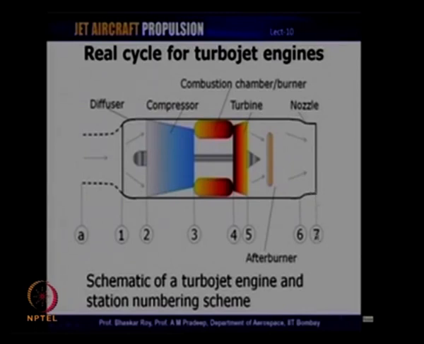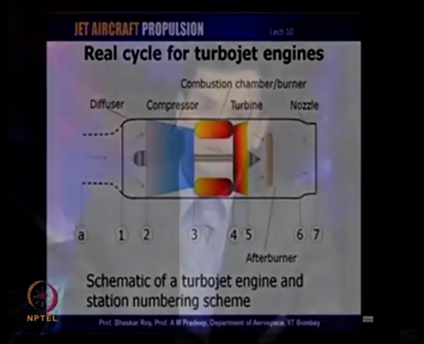We are going to use this numbering scheme not just for this turbojet analysis that we are going to initiate right away, but also for the turbofan and turboprop analysis which we will take up subsequently. Now, in a turbojet engine, as we have already discussed, the various processes involved can basically be mapped to a Brayton cycle. The cycle begins with compression.